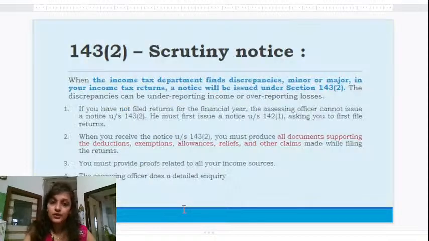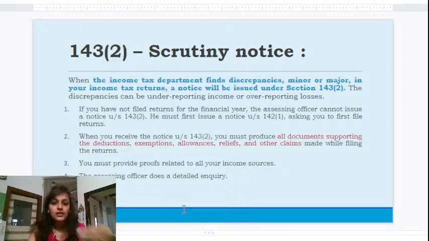Then under section 143(2), you will be getting the scrutiny notice. If the income tax department finds any discrepancies, minor or major, in your ITR form, they will issue a notice under 143(2). If you have not filed your return for the financial year, the assessing officer cannot issue you a notice under 143.